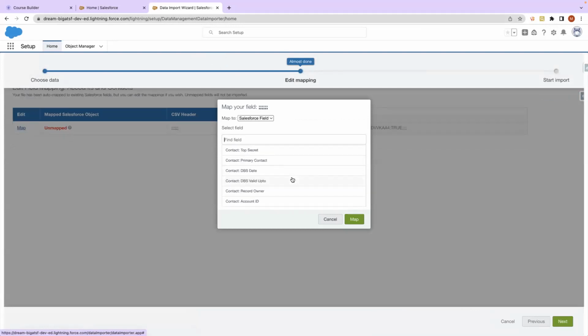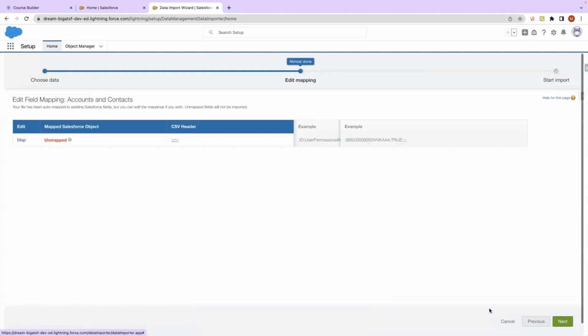My file is really bad, so that is not going to happen. But in this screen you will be doing the mapping, and then when you click on next, it will start the upload process. Okay, so this is actually a user file, so it will not be mapped. Otherwise, had it been an account or contract related file, a couple of the headers would automatically get updated. Okay,